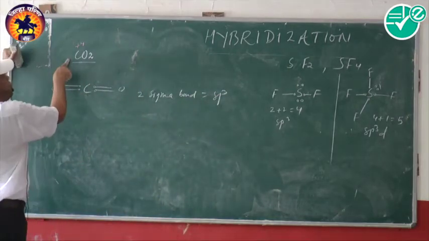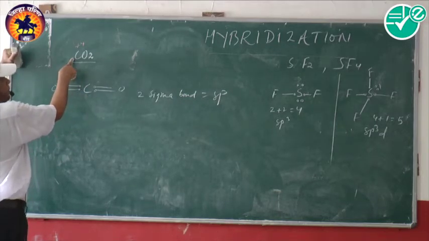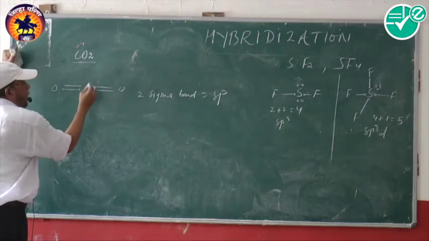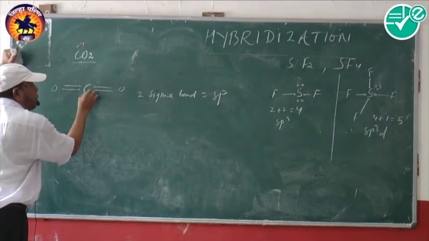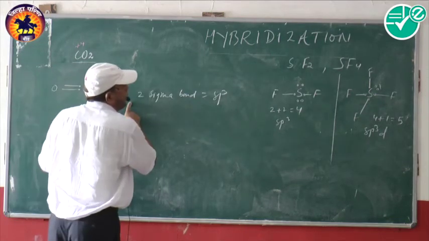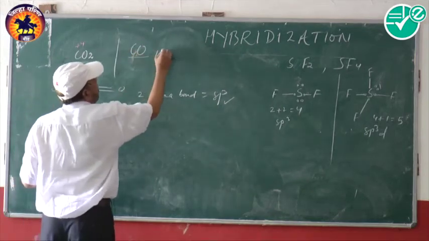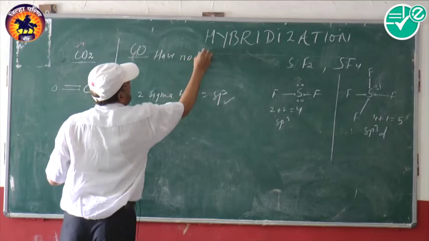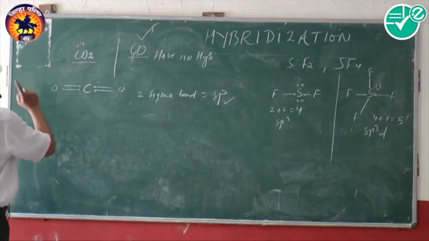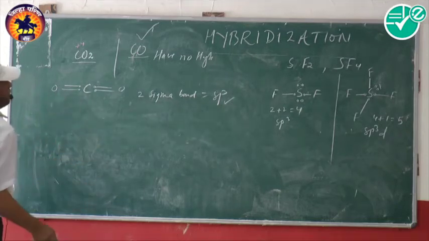See, this CO2 has 4 bonds because the oxidation number of carbon is +4. There is no lone pair because carbon belongs to group 4 and there are already 4 electrons, no lone pair, hence 2 sigma bonds, hence sp. See, carbon monoxide has no hybridization because it has only 2 atoms. For hybridization there should be at least 3 atoms, either of the same type or different type in a compound.